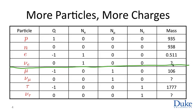It turns out that along with electrons, there are other negatively charged elementary particles, much more massive than the electron, first 200 and then about 3,500 times the mass of the electron. And these are the mu meson and the tau meson. Otherwise, they're for all intents and purposes electrons, except heavy electrons. And each of them, it turns out, is accompanied by a neutrino. So just as an electron has an electron neutrino, there's a muon and a mu neutrino, a tau meson and a tau neutrino. All of the mesons are negatively charged, all the neutrinos are neutral and don't interact with anything,